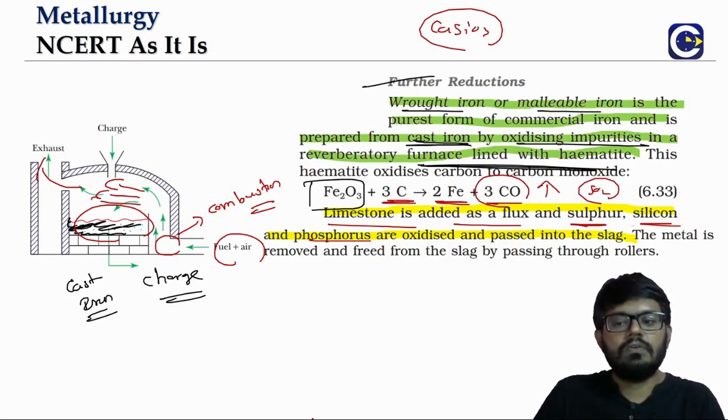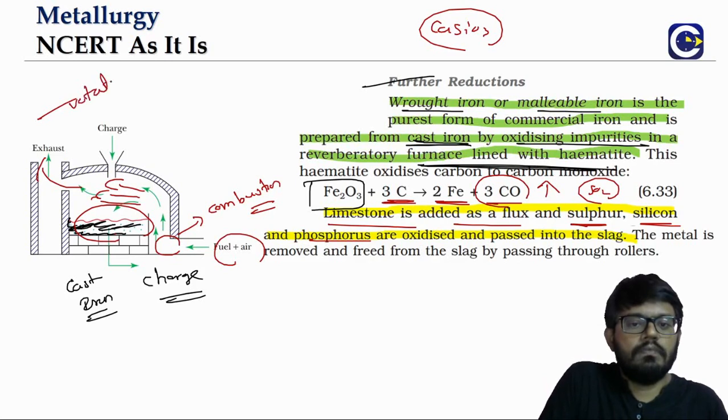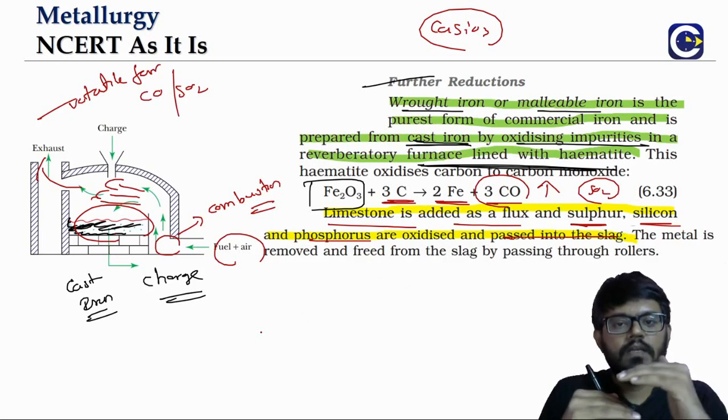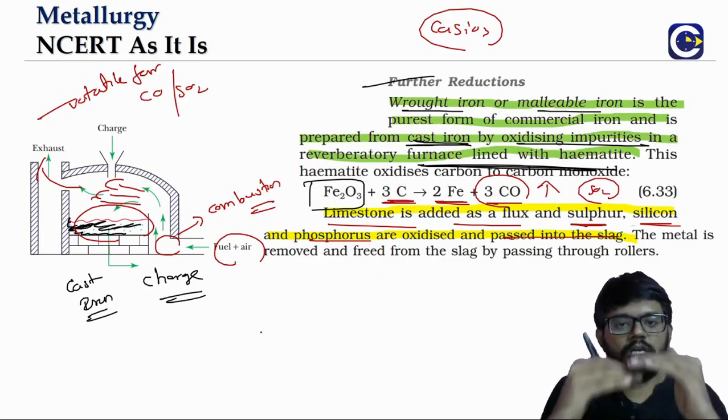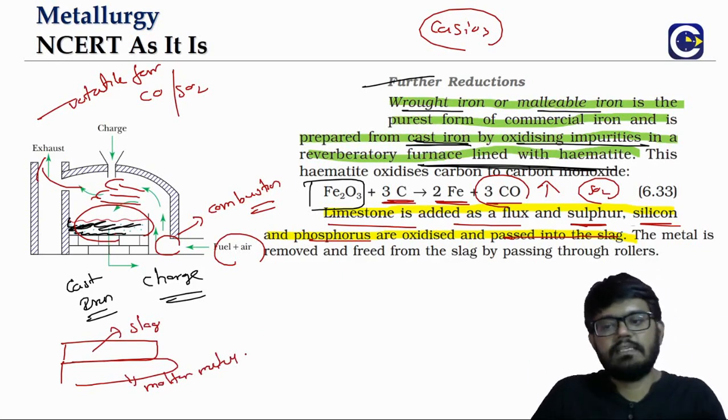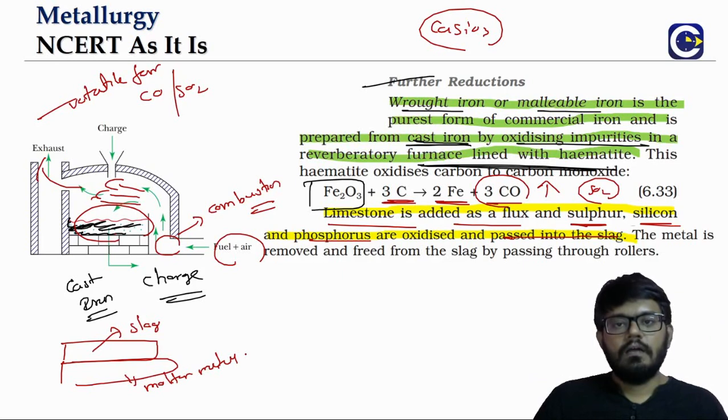So what we will see is that the impurities will either be blown away along with the exhaust gas in the volatile form, CO, SO2, or they will separate out as a slag, because slag usually will have totally different physical properties from the molten metal. It will be lighter. So if you look at the final zones, in the upper layer we will have what? Slag, lighter. In the lower layer we will have what? The molten metal. We will have two separate openings and we will take out the slag separately and the metal separately.